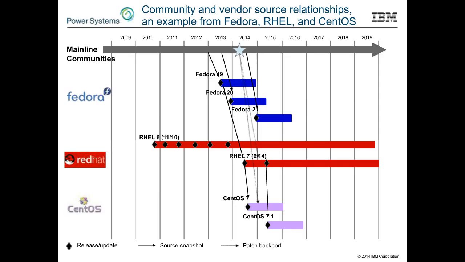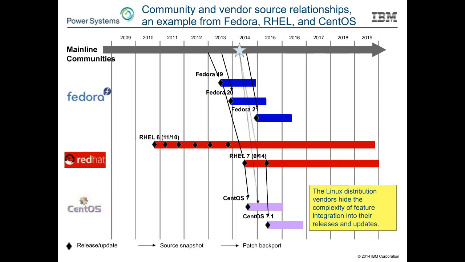So this is how the ecosystem gets enabled. This is what Jeff and his team do, this sort of gory detail. It is not anything that you have to worry about as customers, unless, of course, you're going to consume very, very early community versions, or you're going to be part of this process and contribute to development. But if you're a normal consumer of Linux, you simply allow your enterprise vendors to hide this complexity from you, allow them to bundle all the pieces. But it is worth understanding how these things flow in case you're looking for a specific feature, a specific platform, etc.